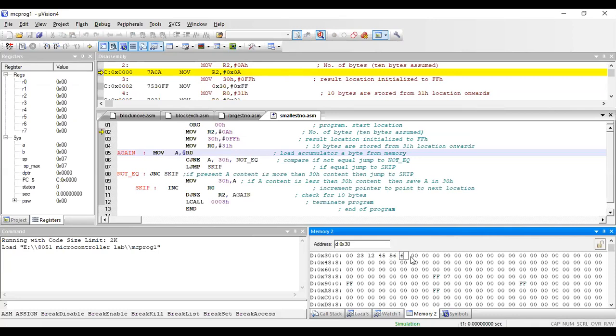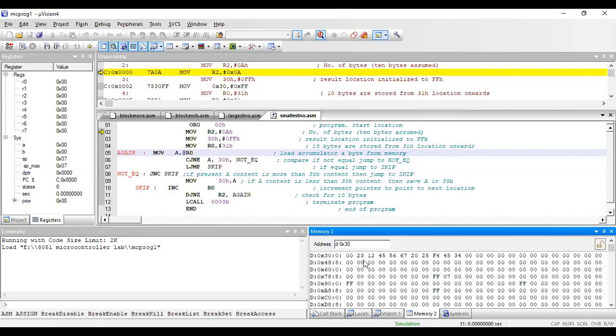So I'll store some value, let me give some random values. 6, 9, and 10. Yes, you should enter the 10 values. So I've entered 10 data from 31 to 3A.